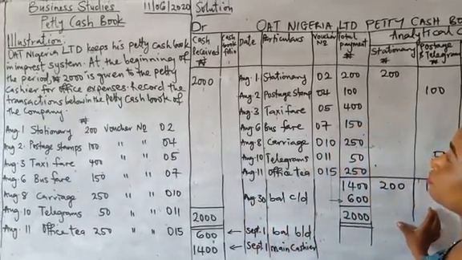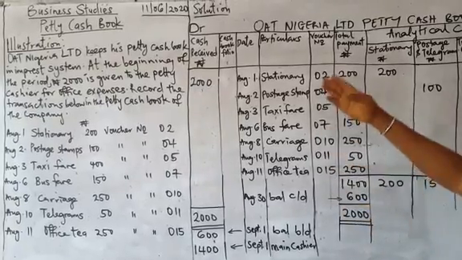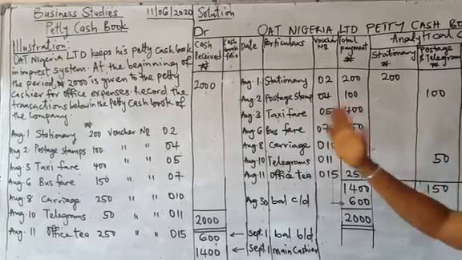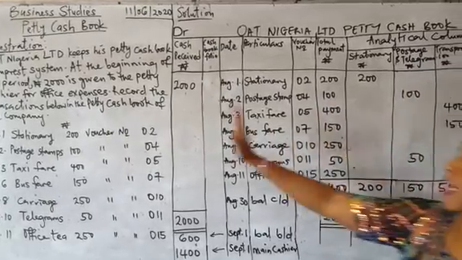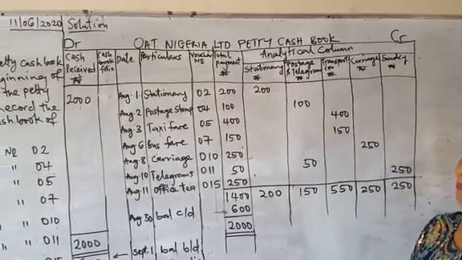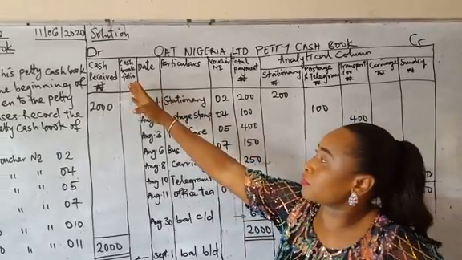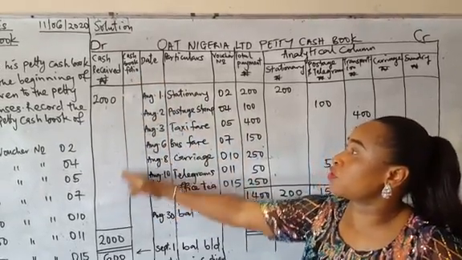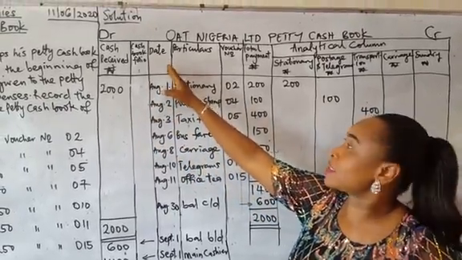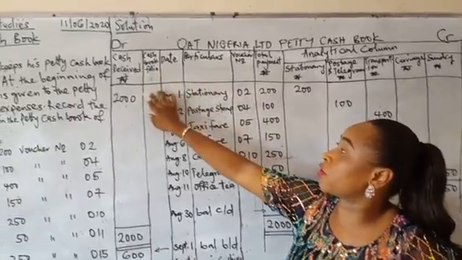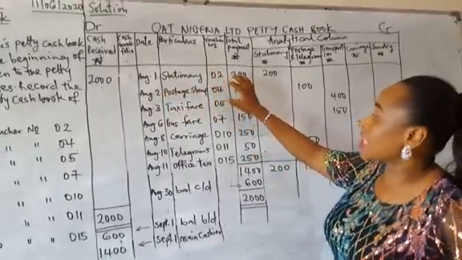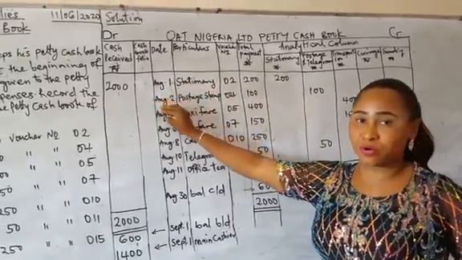petty cash book. Here you see the first column, cash received. It has a debit and credit side. Cash received is the debit side, and here is the credit side. Then we have the cash book folio, and dates. The cash book folio is the page number where the transaction is posted in the cash book,